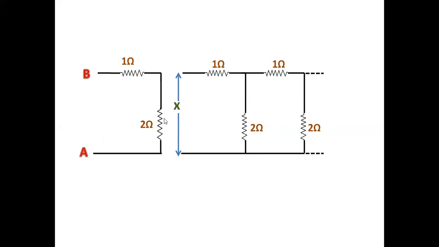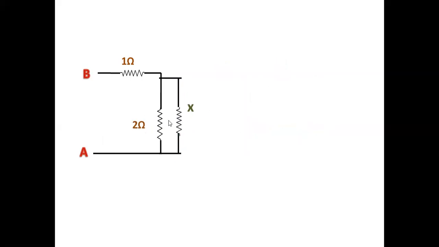So leaving this ladder doesn't make any difference. I will connect this X in parallel with this one. When I connect this X in parallel with this one, I will get it like this. Again, what should be the resistance between A and B? This X corresponds to the infinite ladder. Adding one more ladder, we shouldn't change the resistance between A and B. So it should be X only. The resistance from here to here should be X only.